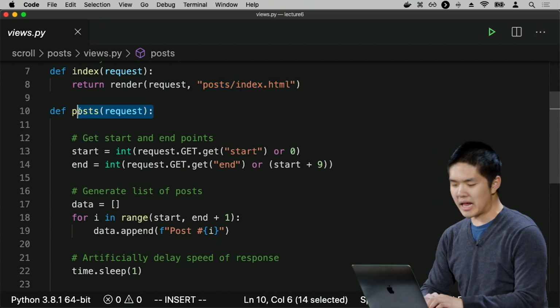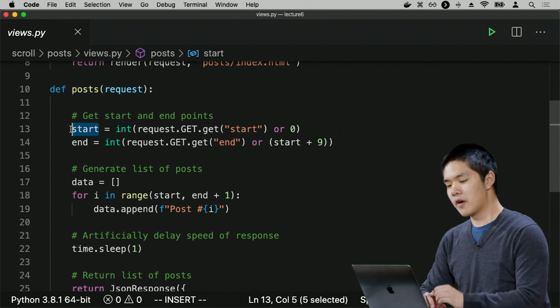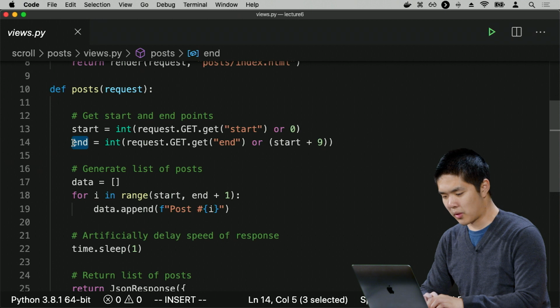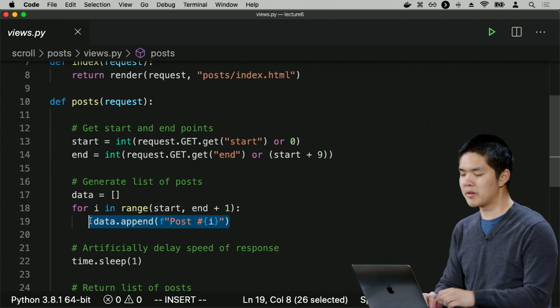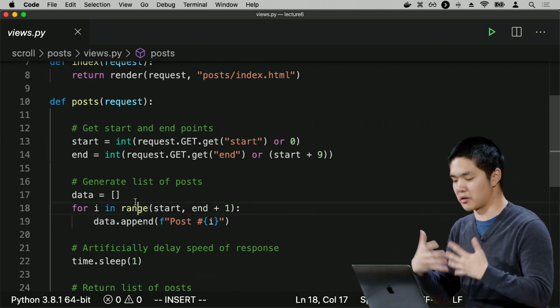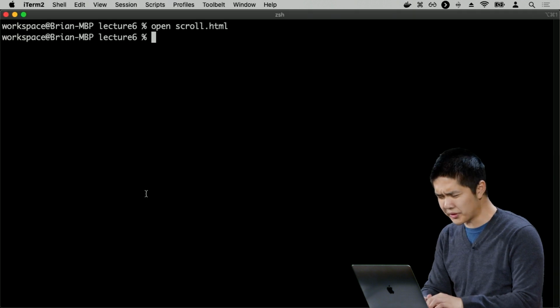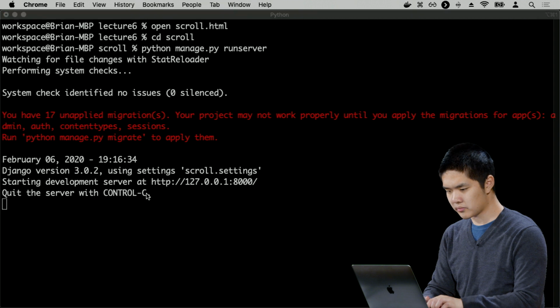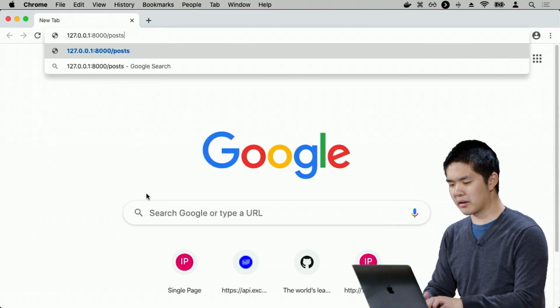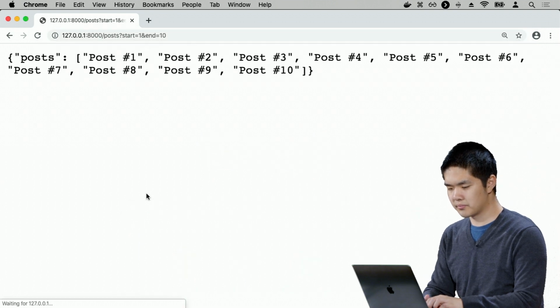And if I make a request to /posts, I need to provide two arguments. I need to provide a start for what post I want to start with, an end for what post I want to end with. And then it's just going to generate some sample posts that just say like post number 1, post number 2, so on and so forth. In practice, you could actually use social network posts in place of this. But this is good just for demonstration purposes. So what this is going to do, if I go into Scroll and run the server, is that if I go to /posts and say start equals 1 and end equals 10, for example, then I